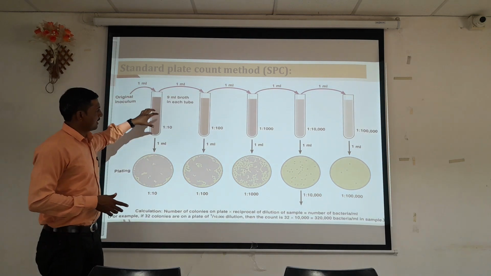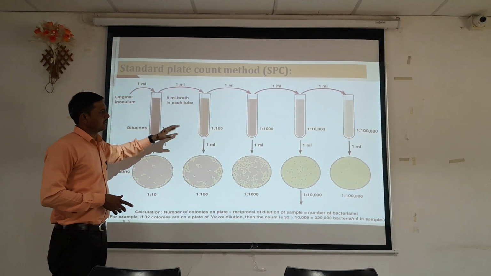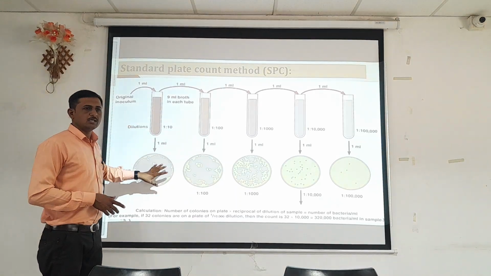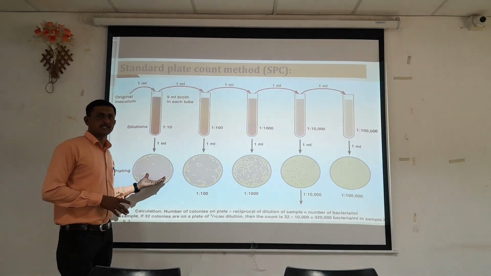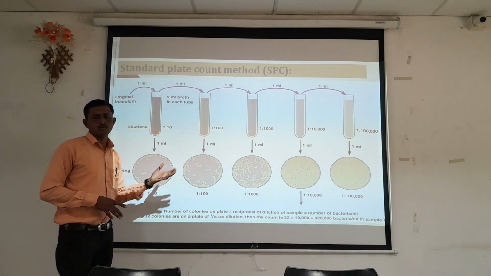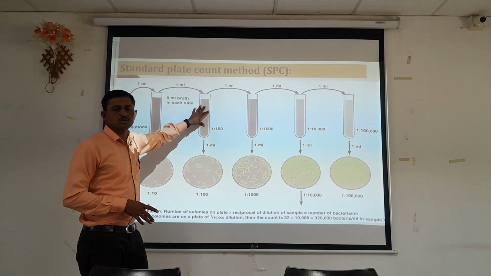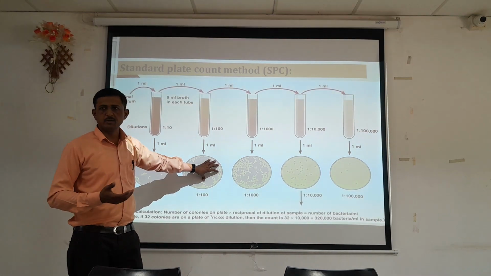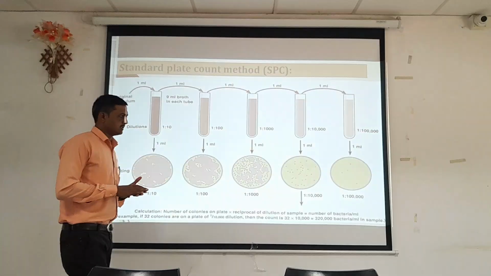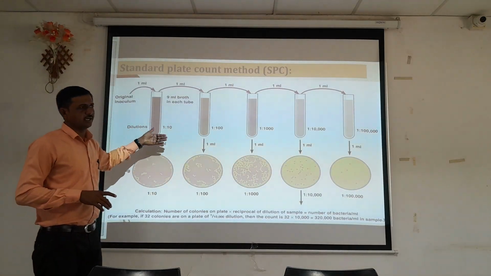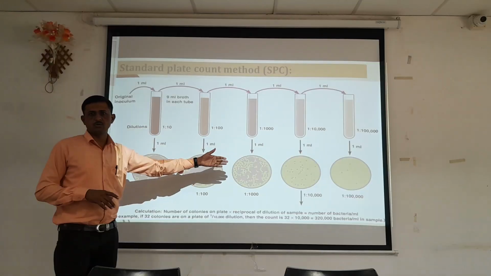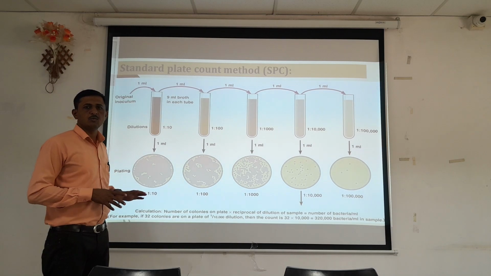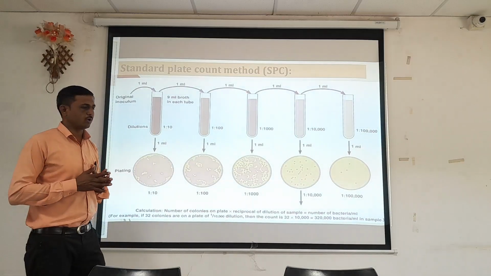After proper serial dilution, we transfer either 0.1 ml or 1 ml of that sample onto a solidified nutrient agar plate. That's how we can count the viable count. Inside the broth we are unable to count the viable count, so we require solid media and visible growth of organisms. After the serial dilution we transfer the particular sample onto the particular plate, and after incubation we observe for visible growth of organisms.